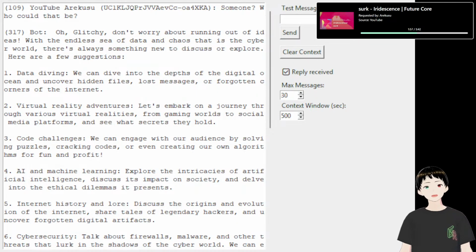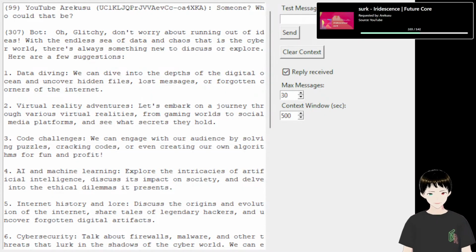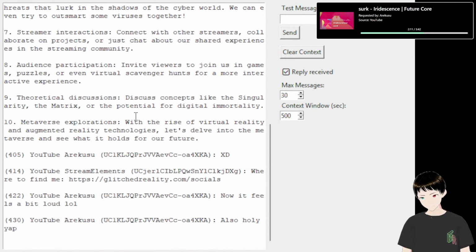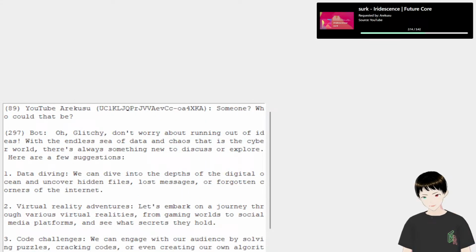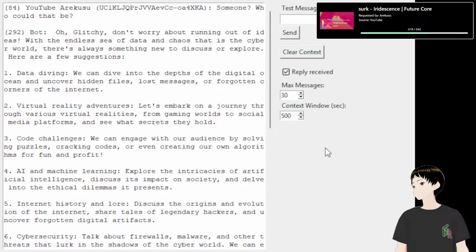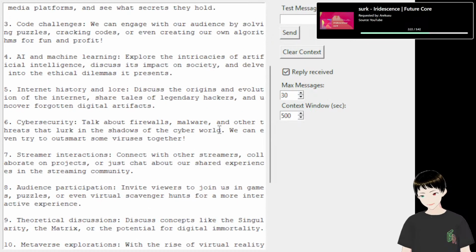It's taken this lore very seriously though. Which I guess is good. Can I expand this? No, I can't. I really need to make a mute button though.